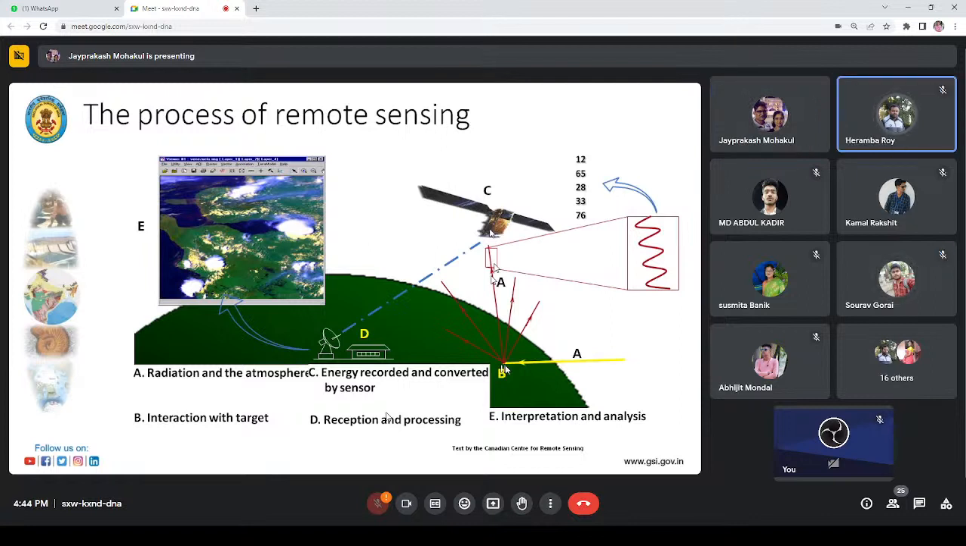Yes, sir. Yeah, there are certain mechanisms like this also in the sensor. The energy that comes is segregated into different bands depending upon how many bands are there in the satellite, and then the electrical energy is converted into a digital number based on the radiometric resolution